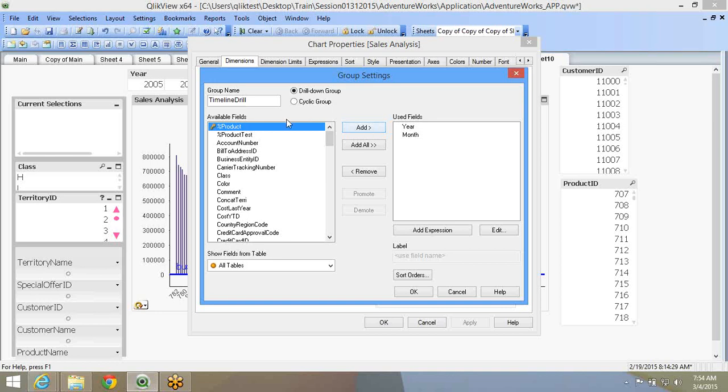I'll include month. I will include territory ID after the month.